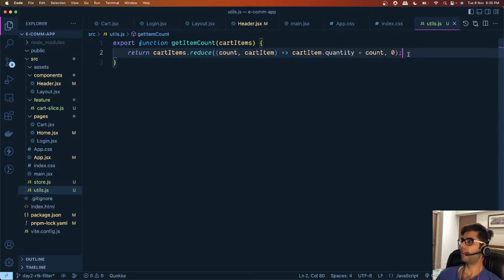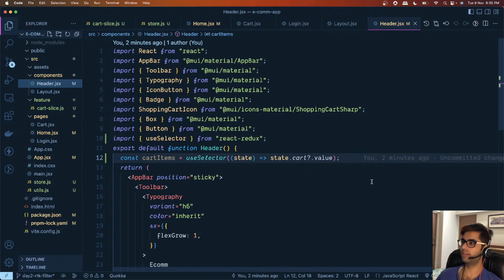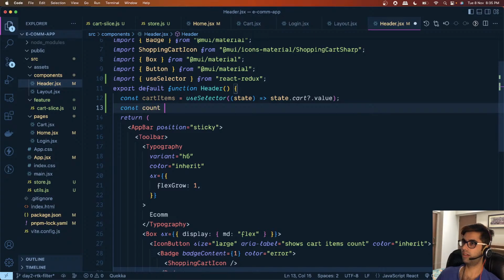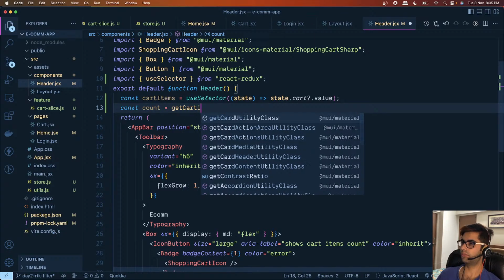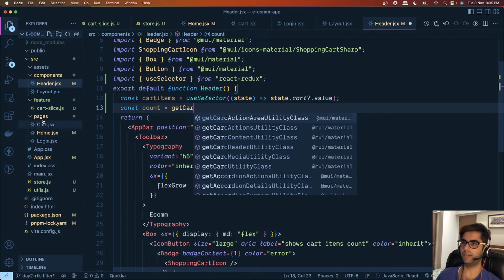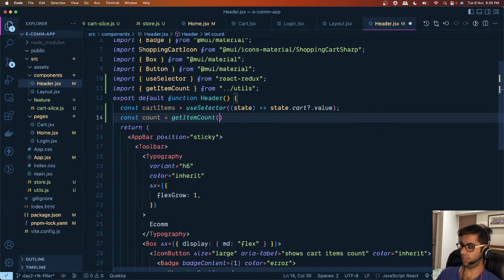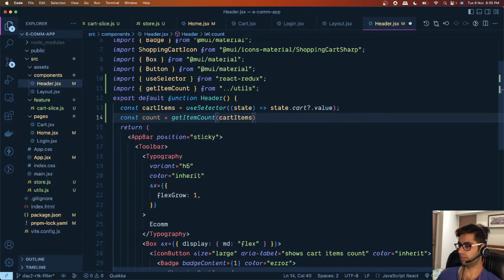right? And let's use this over here. Where is it? Inside the header, and we will say const count equals get cart. What did we call that function? Get item count, and here we will just pass the cart items. All right,